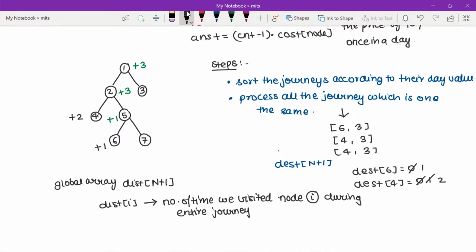And see, distance of I will be incremented by 1 for a particular day. So increment by 1 for a particular day. It might be possible that on the same day you visit node I again and again, but the contribution will be 1, because we can use the coupon at most one time for a particular day. So that's why increment by 1